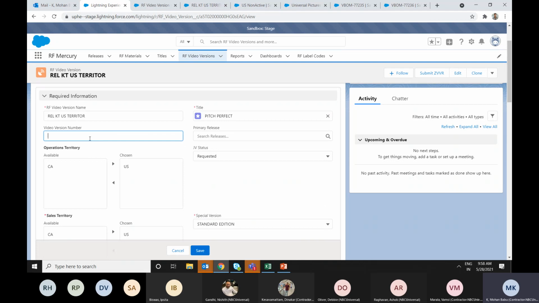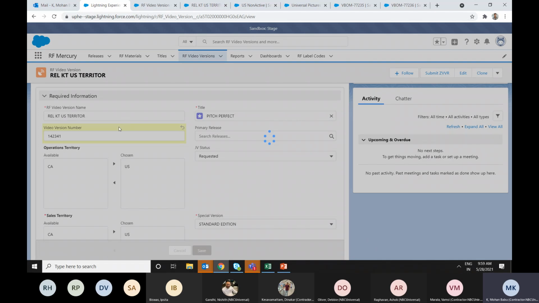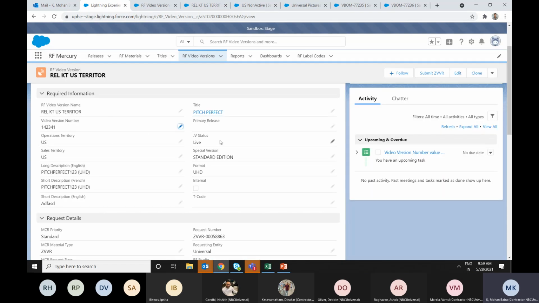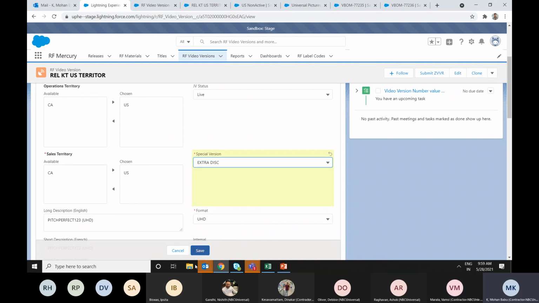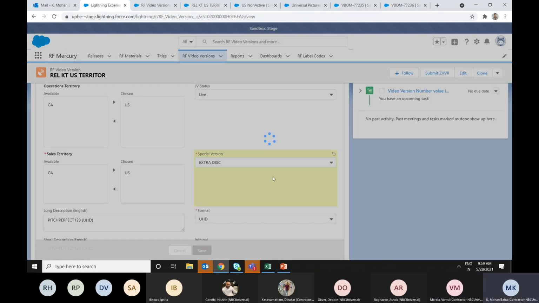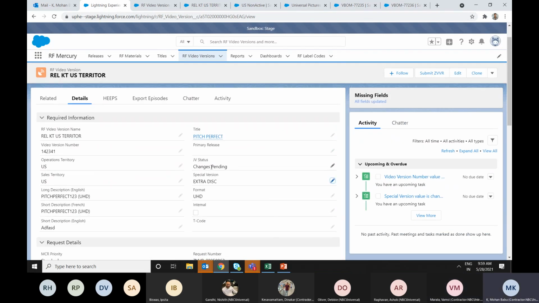So you can see here right now. Once I, as the brand user, have submitted, they are not going to change it. So the video version number is returned. Okay. So it will get updated to live. Now I am changing the special version. It will get updated to changes pending and the task is created. And that task, the brand user won't process.